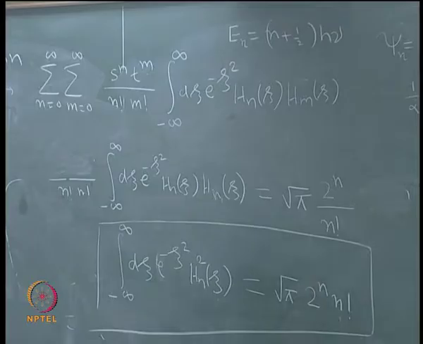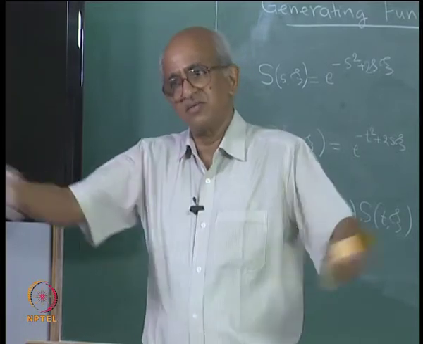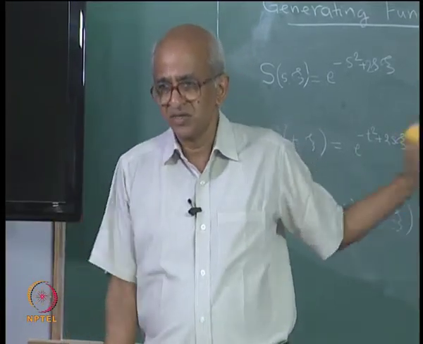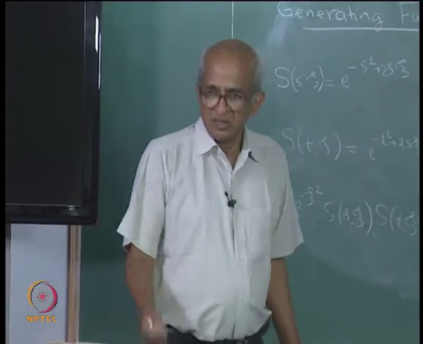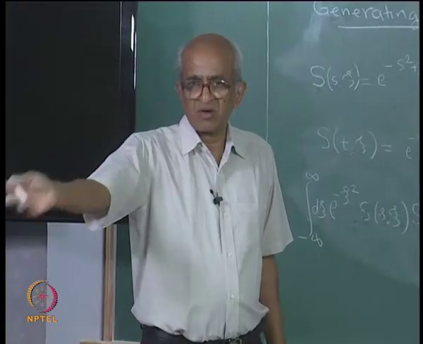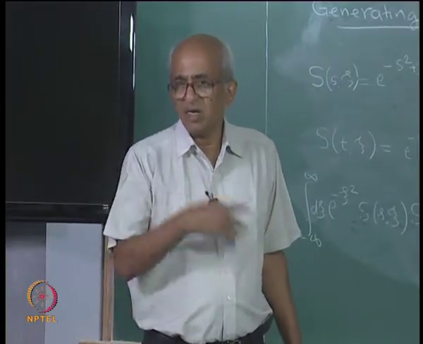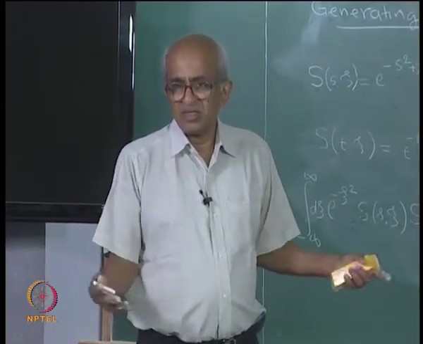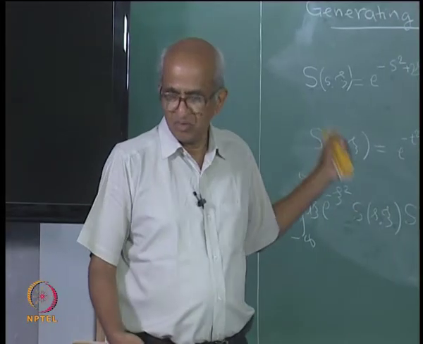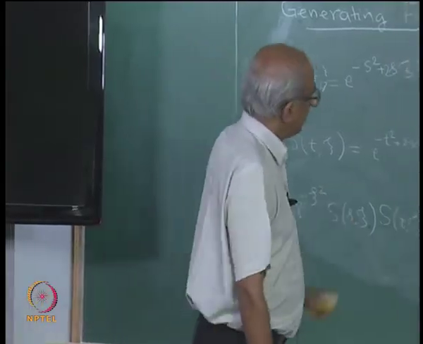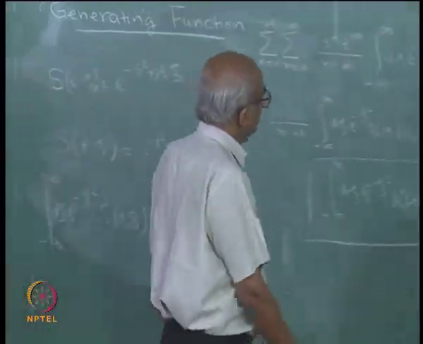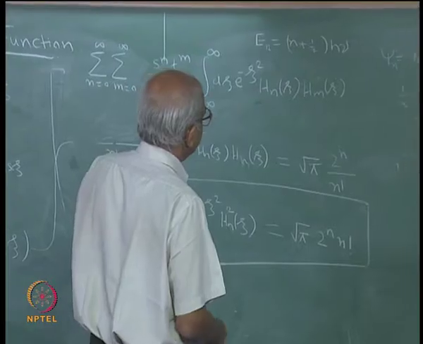and that is why I said the generating function technique is a very nice technique, because I did not have to look at a particular value for n, I got the answer for all possible n in one shot. Not only that, I also found that the functions are all orthogonal to one another, which is another nice thing. I got all these results out of the generating function. So, finally, what is the normalization factor? Well, where is my normalization condition?